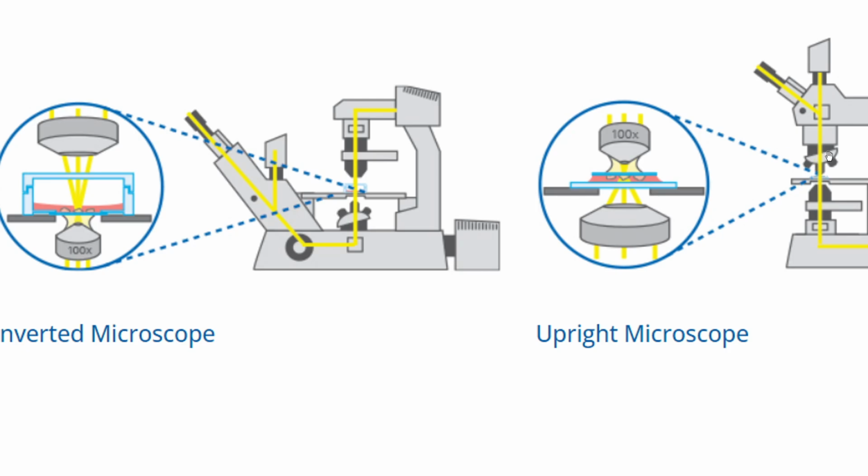Then these are your objective lenses. Your objective lenses are on the top over here, and here it is at the bottom because it is inverted. So here, how will your sample be placed? Here your sample also will be placed inverted, so that the light source comes and hits the bottom of